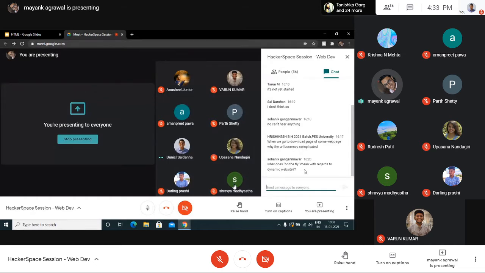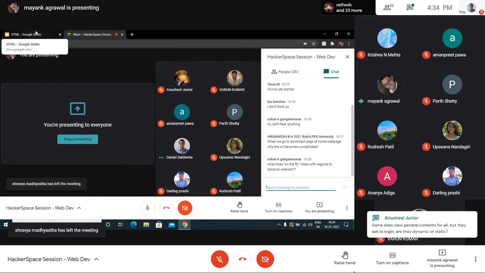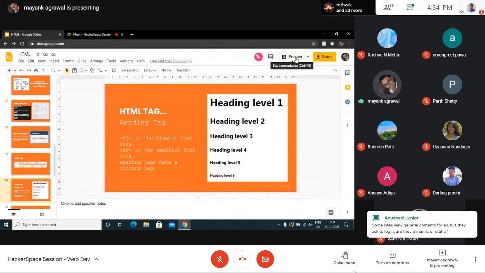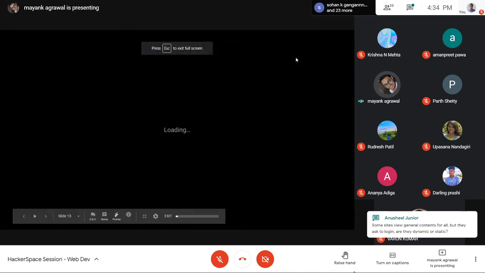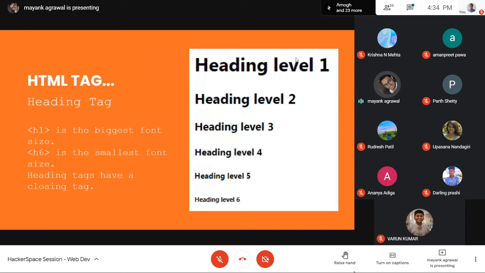What does on the fly mean? It means that when the user is trying to access the site, say you entered your login ID and password, then a certain request is sent to the web server which specifies that these changes are to be made.